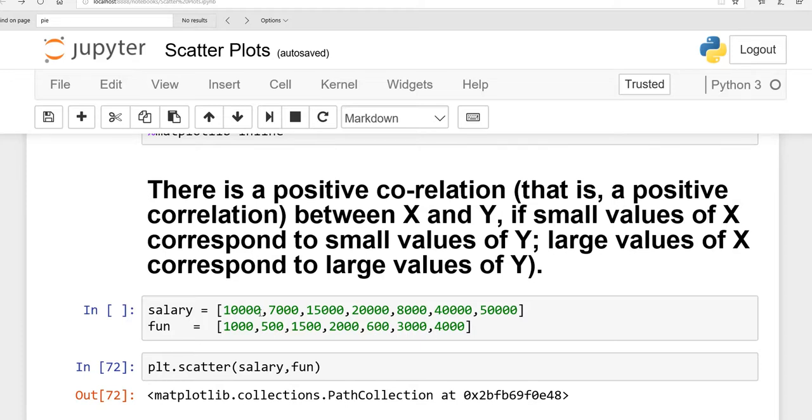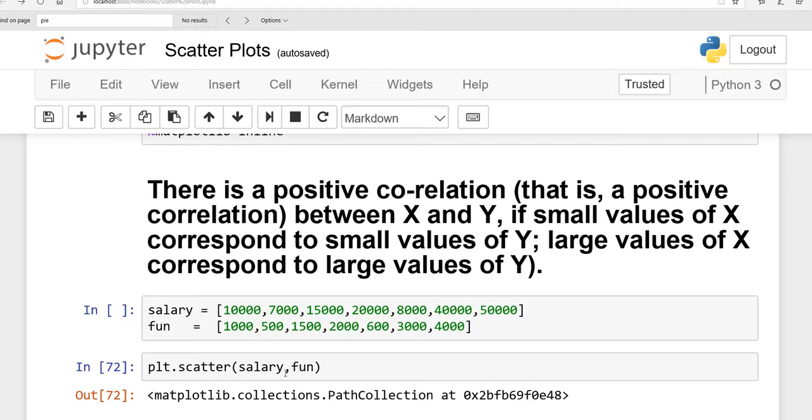Suppose in the first month you made 10,000, so you can spend 1000 for your recreation or funny activities. If you have 7,000, then you can spend 500. If you have 15,000, you can spend 1,500. So salary is independent, and fun or recreation is dependent on salary. So salary we will take on the x-axis and fun we will take on the y-axis.